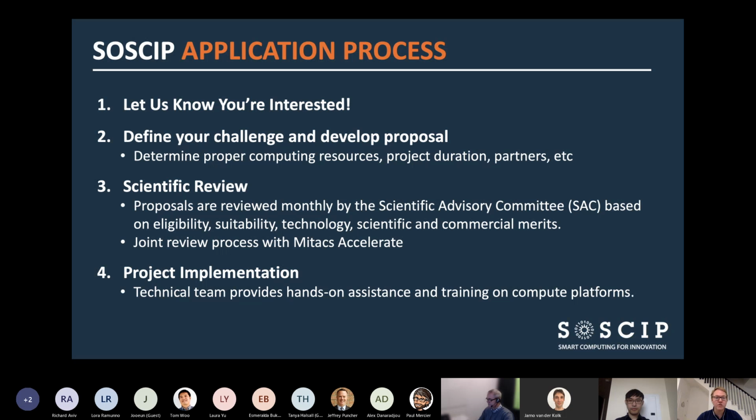Faye can give additional suggestions and help on the strategy side, as he mentioned before. Really, it is a non-competitive process, I would say, at SOSCIP. When we do adjudicate proposals, we're not looking to screen out or reject. We're just wanting to make sure that they are quality proposals, and as I mentioned on point number 3 here, we're looking at eligibility, suitability, what the technology request is, and what are the scientific and